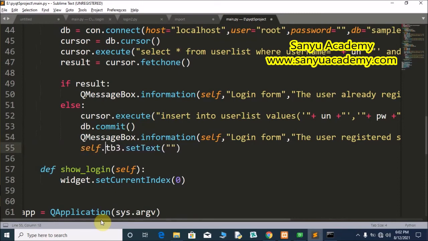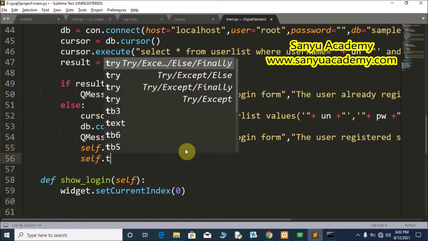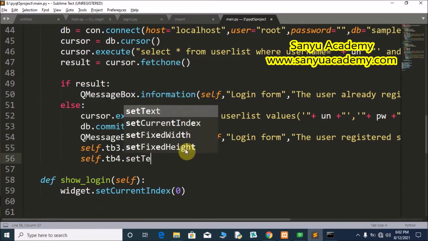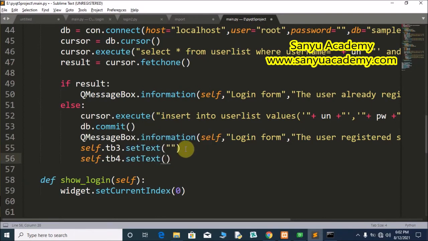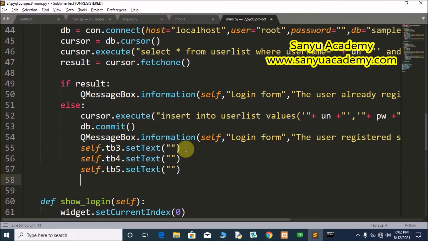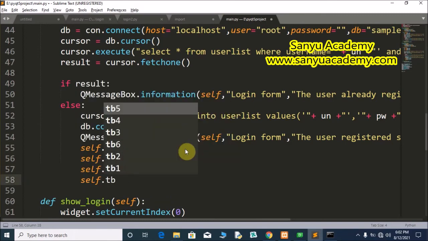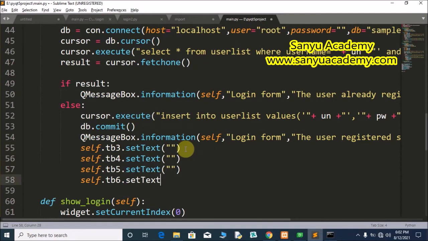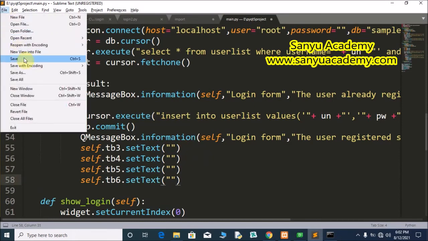Like that we have to write tb4 dot set text empty, tb5 dot set text empty, tb6 dot set text empty. Save the code, file, save.